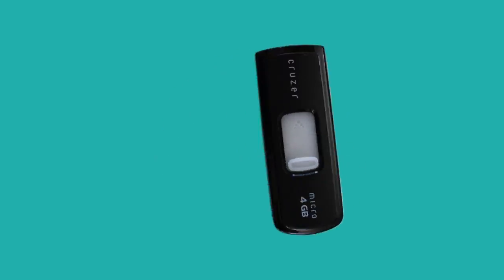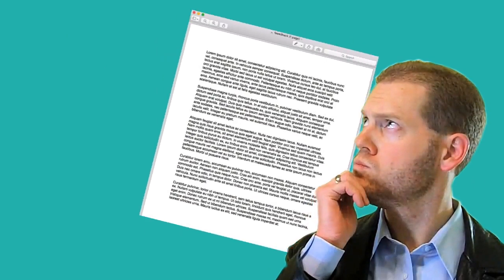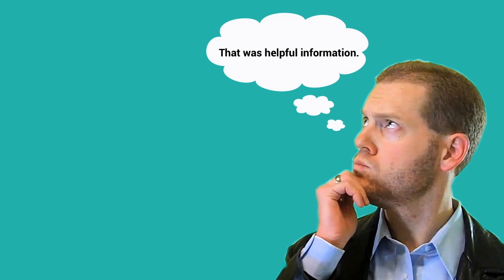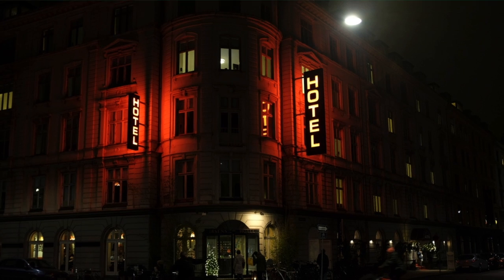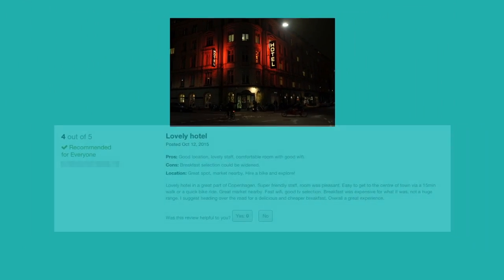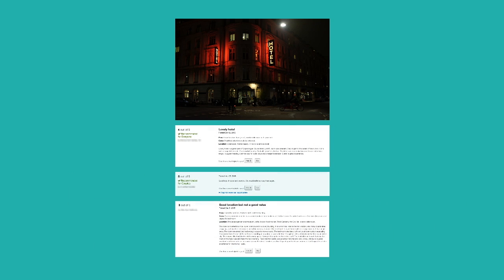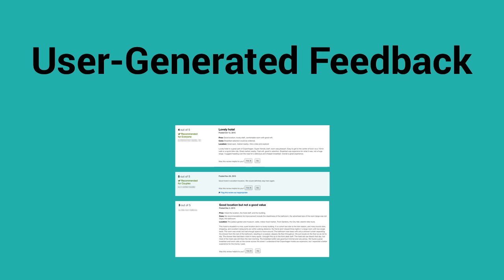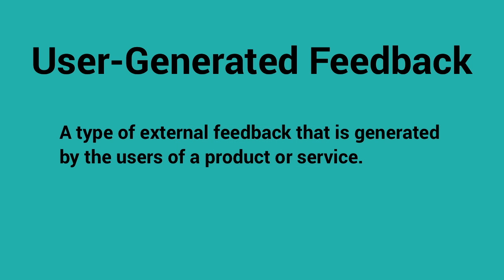When we're talking hard copy documents or feedback from virtual environments, in the information age, external feedback is an increasingly important domain. For example, if you run a 4-star hotel, you may want to stay up to date on what hotel guests are saying about your hotel. Several hotel and travel sites allow customers to give reviews, provide advice, and give star ratings regarding their experience. This is an example of user-generated feedback, a type of external feedback that is generated by the users of a